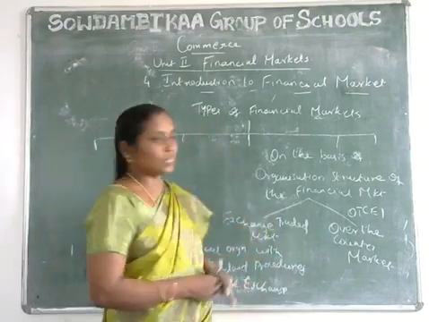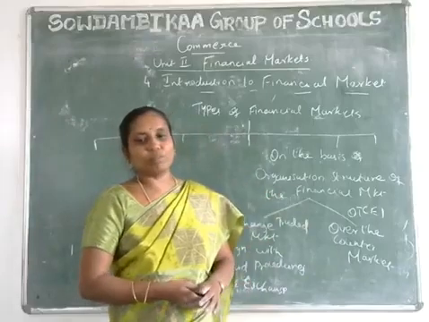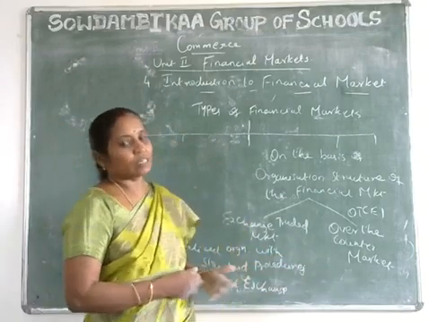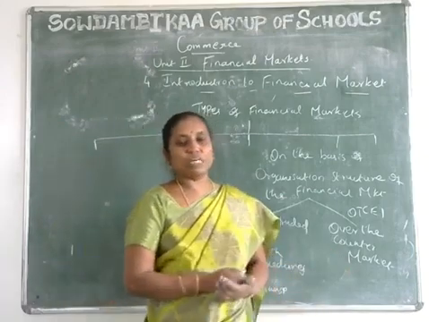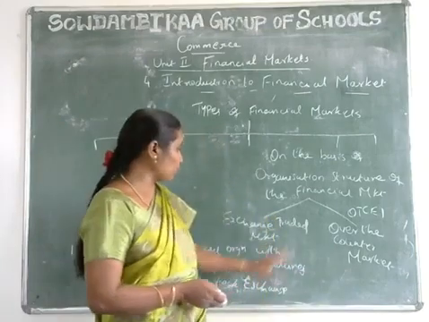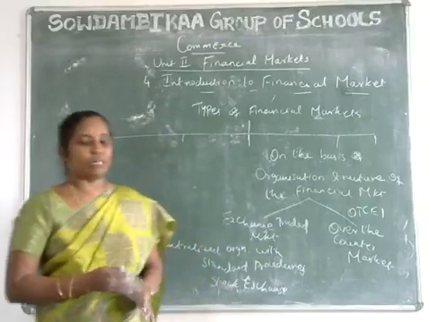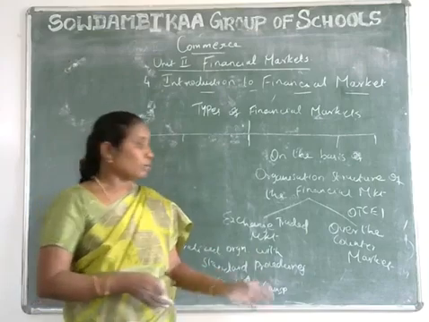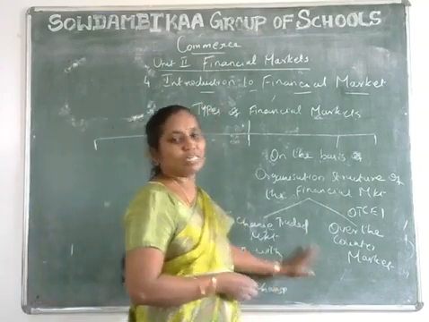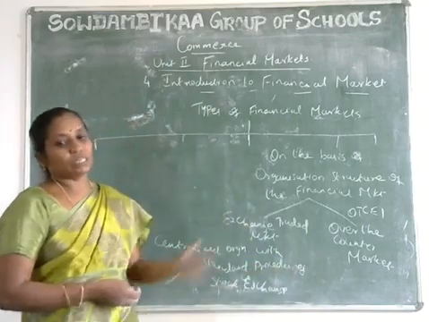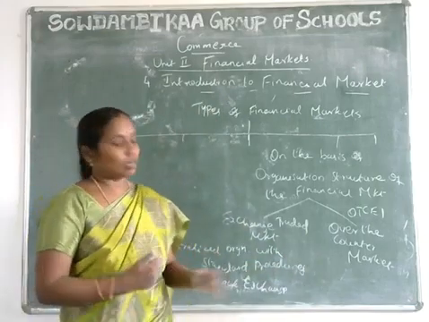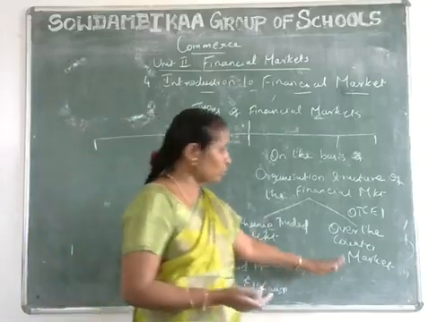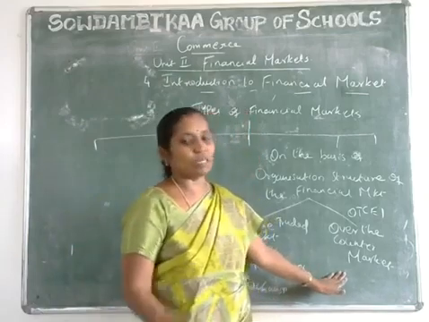And the last kind is on the basis of organizational structure of the financial markets. You have two kinds: the exchange traded market and the OTCEI, the Over the Counter Exchange of India. The exchange traded market is a centralized organization where standard procedures are followed. But the Over the Counter Exchange of India is a decentralized market, outside the stock exchange, and does not follow those procedures. It deals through computers.